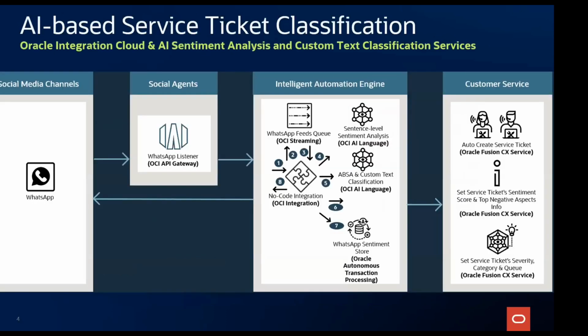So let's move on with the first solution. It is an AI-based service ticket classification, combining Oracle Integration Cloud with the Oracle Cloud Infrastructure AI sentiment analysis and custom text classification services. Those two are part of the OCI AI language service. So in the end, this solution is basically